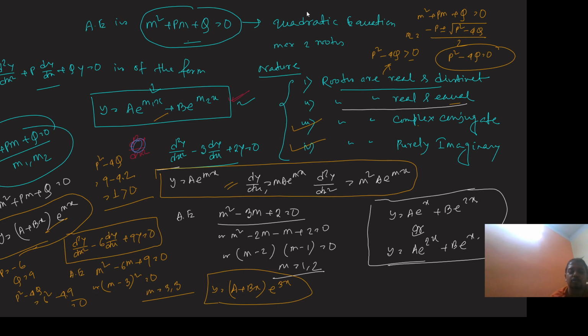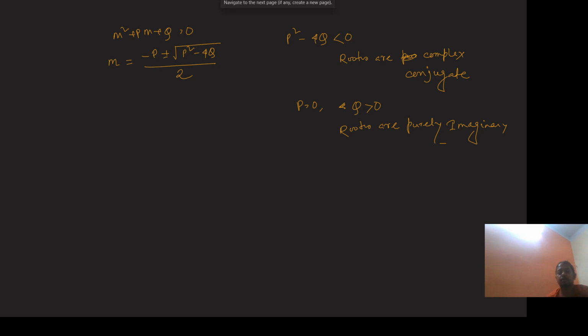And now in the next slide we will see that when the roots are complex conjugate, p square minus 4q is less than 0. So here we will take two examples, the first is d2y/dx2 plus dy/dx plus y is equal to 0. So here p is equal to 1, q is equal to 1. Here p square minus 4q will be 1 minus 4, that is minus